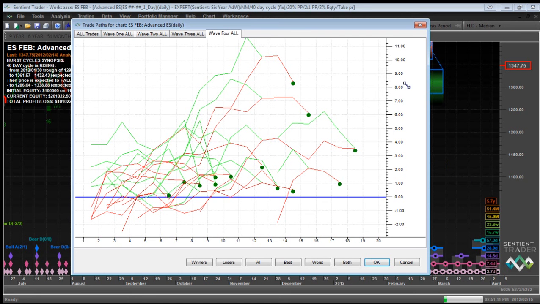If we display only winners, and then let's show both, and let's use a simpler one there. There we go. Now, let's talk about a break-even stop. Let's say that you think that you have noticed that trading with Sentient Trader, you enter a trade,